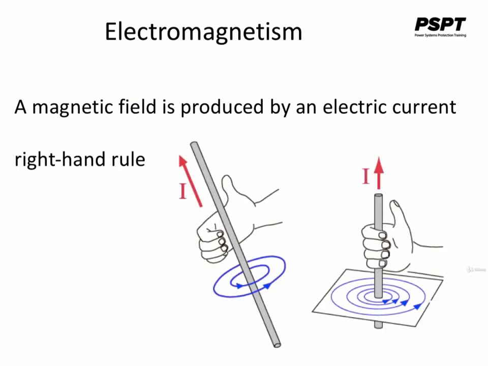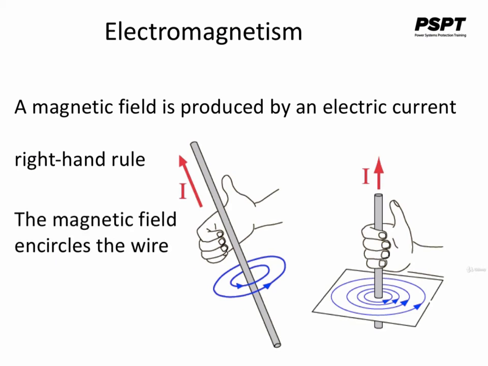Simply, we can put the right hand around the wire with your thumb pointing in the direction of the current flowing, and your fingers will point in the direction of the magnetic field that is caused by the current flowing in the wire. The magnetic field encircles this straight piece of wire carrying the current,